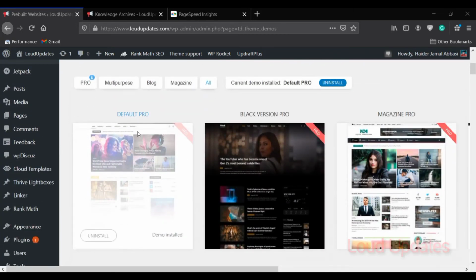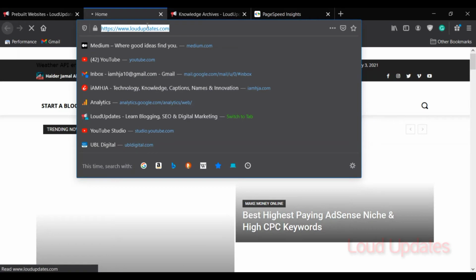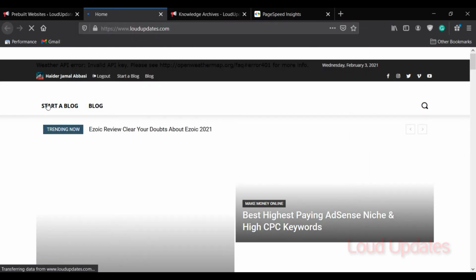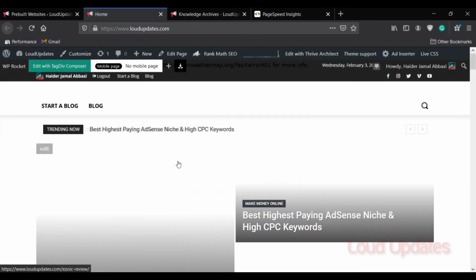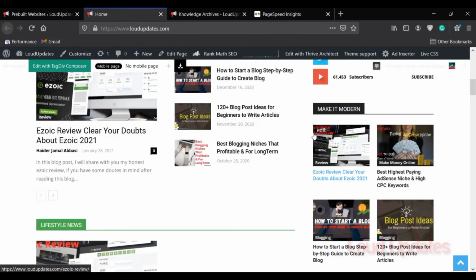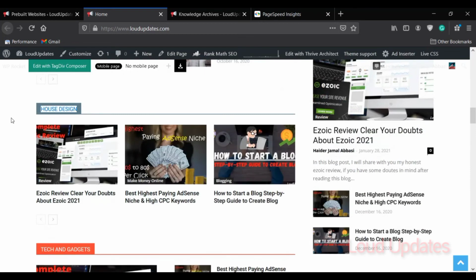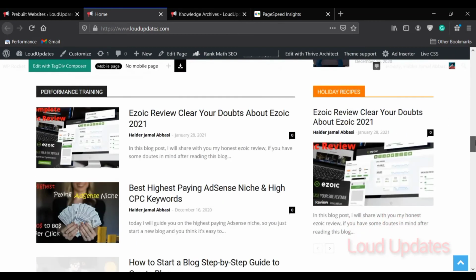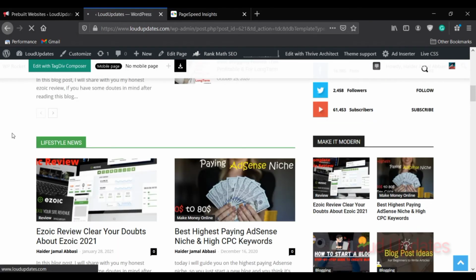Let's visit our website and see how it looks. So our website is loaded. Here you can see how it looks. This is a pre-built default theme. So let's customize this home page. If you install a pre-built website, you can customize it. Here you can see, make sure you log in with your